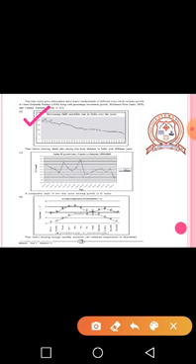Again, on the third, that is this, you can see this is a comparative study of two time series showing the growth in IT sector, that is information technology sector, that has been given to you. So there are, you can see, two lines going on. The first one, the black line, is exports, and the gray line is showing the domestic. So you can see over here the table. From this you have to understand.